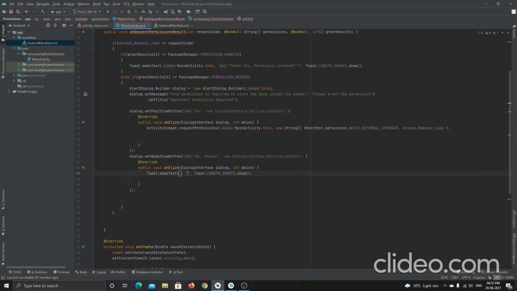I will just use MainActivity dot this, and inside this message box, I will just write cannot be done, like I can't store any data inside your phone. Okay, cannot be done. Let it be.